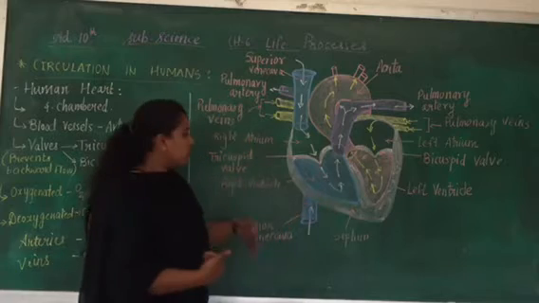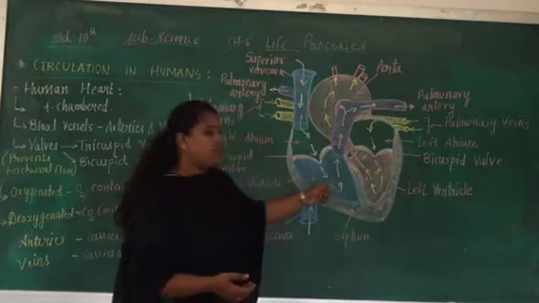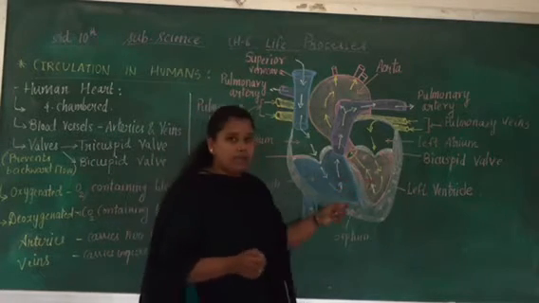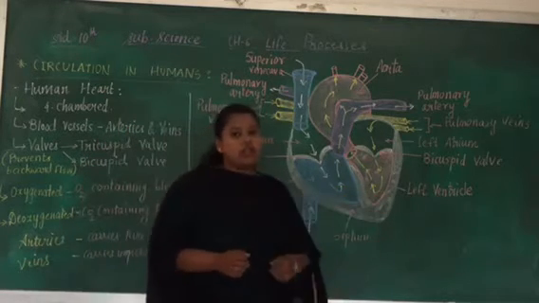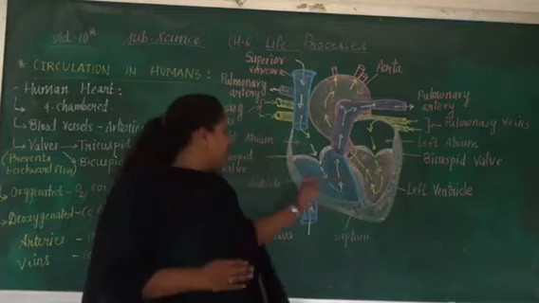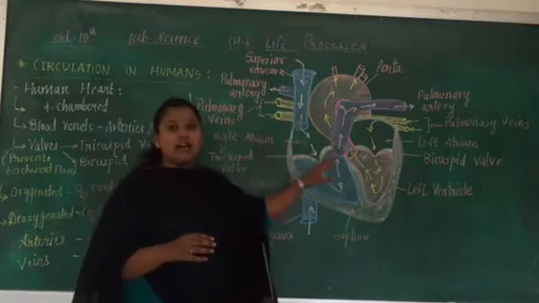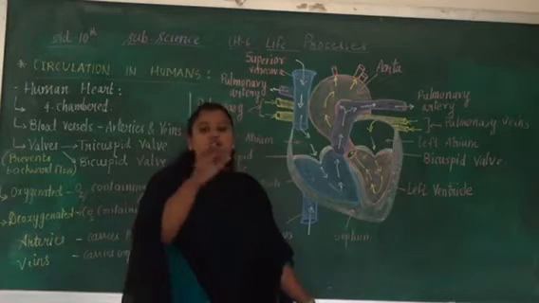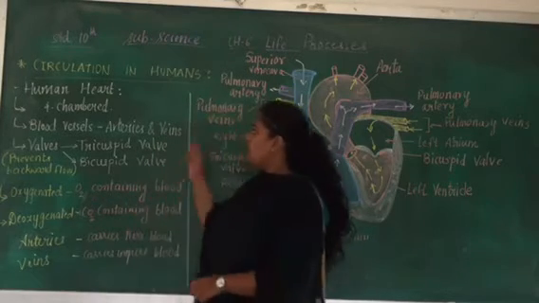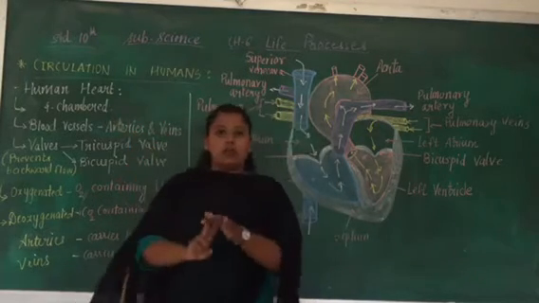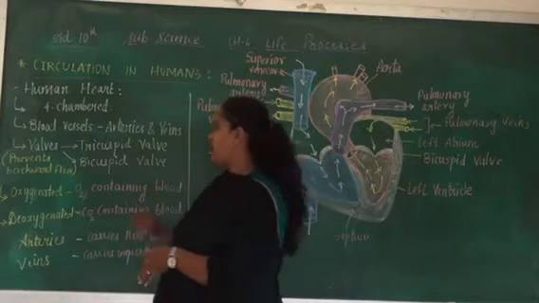In the same way, the lower 2 chambers, I have colored one blue and the second one pink. The blue color is said to be the right ventricle, the pink one is said to be the left ventricle. Further we will see why I have drawn with different colors, to make you understand which are the different parts of the human heart. So the main chambers are the upper 2 atriums and the lower 2 ventricles.